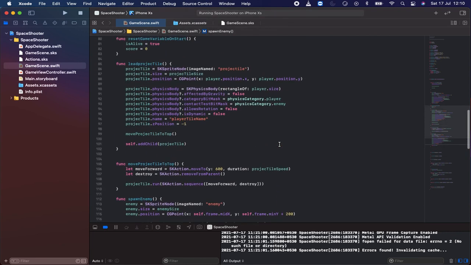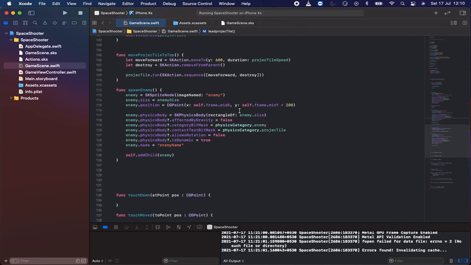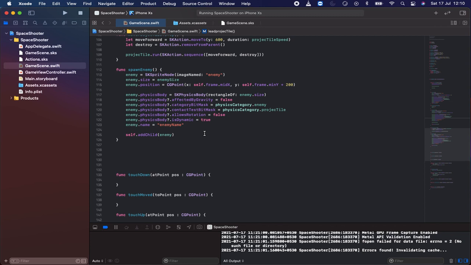And let's have a check of this as well, this leading the projectile. Let's make it projectile size, player dot size, projectile. It should be of projectile actually, and we should contact with the enemy, and is dynamic is set to be true because it's not static at all. False, everything else, projectile name -1. Okay, that's it. And next thing is I'm going to add a few more things which is for the random